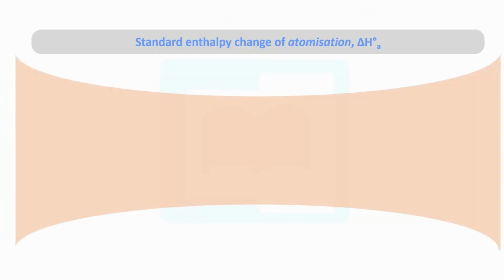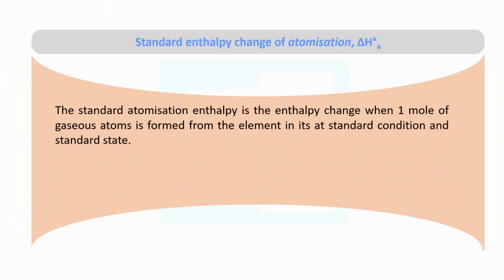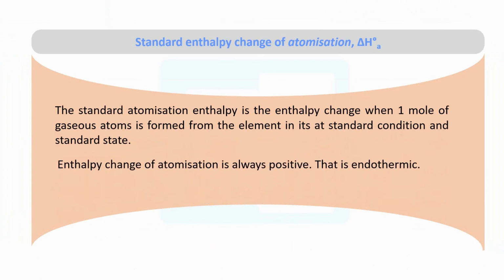Another point is enthalpy change of atomization. This is very, very important. Atomization means 1 mole of gaseous atoms you want to make from its elements. Just one example given here. Half mole chlorine gas, we can make 1 mole chlorine gas atom. Similarly, we want to make 1 mole gaseous iodine atom from its elements, half mole iodine molecules. This is solid to gas. The reference is that 1 mole of gaseous atoms is on the right side. So this way you have to balance the equation. This is also endothermic. It is needed for this one.